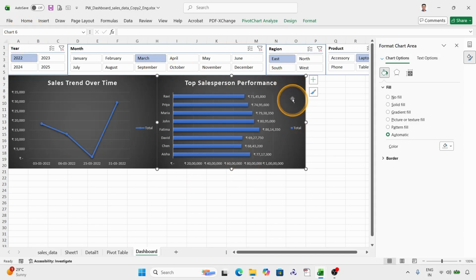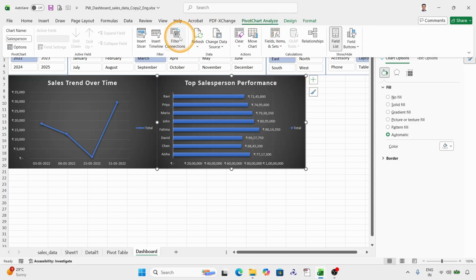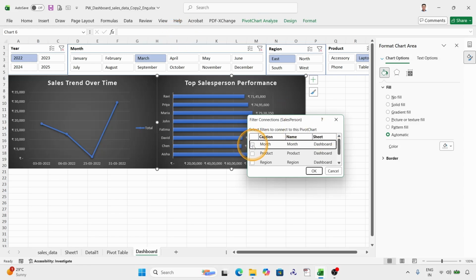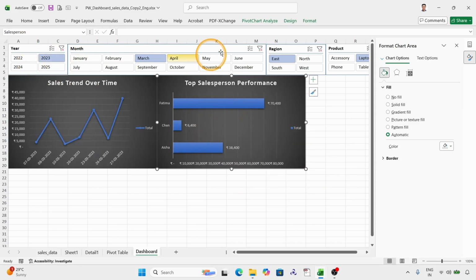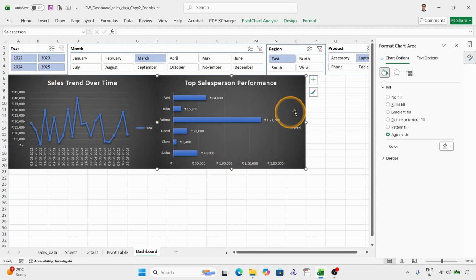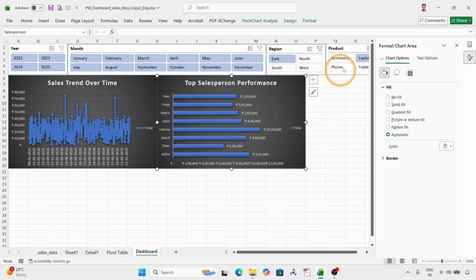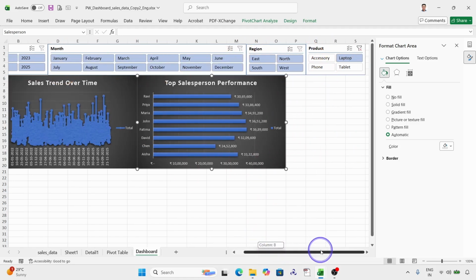There is another method for connecting this chart to the 4 slicers. Previously we clicked on the slicer and it is associated to the pivot table. So click here, select the chart, then here filter connection on the graph, then click this. We can select the month, product, region and year. Click on this. So when you select here, there will be changes because this is connected to all the 4 slicers. So here when the value is very high, suppose you select like this and you remove all filters, then